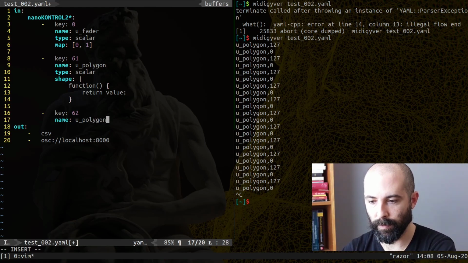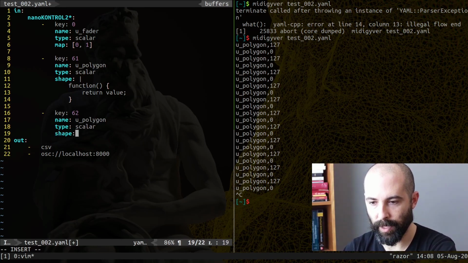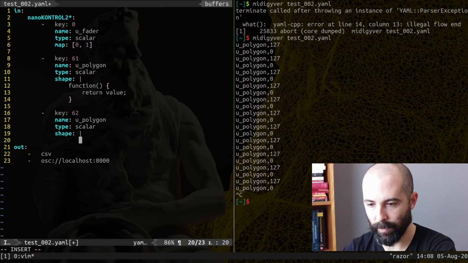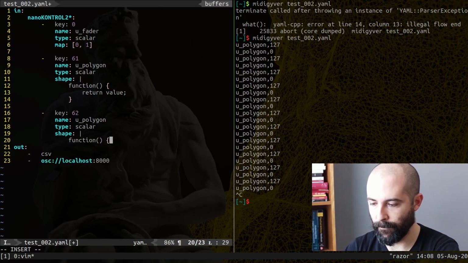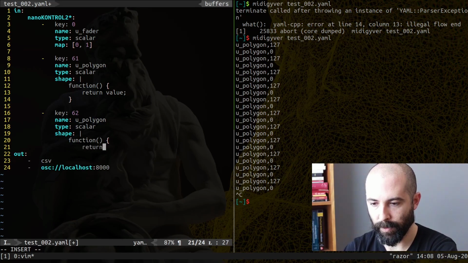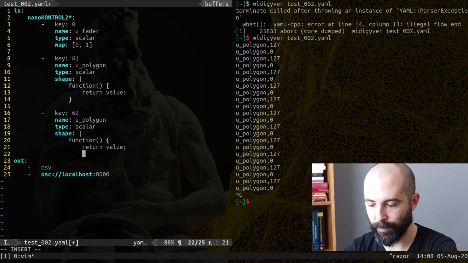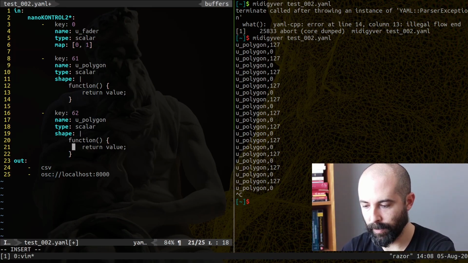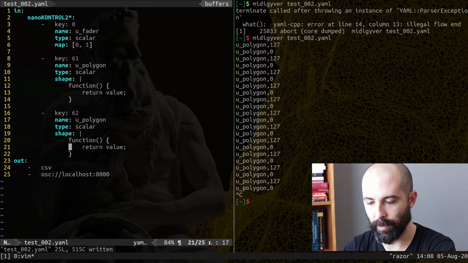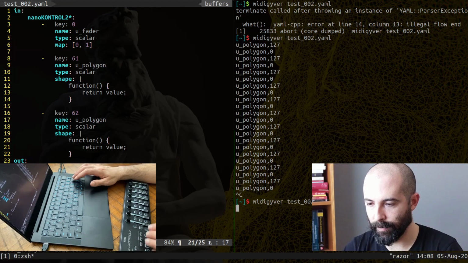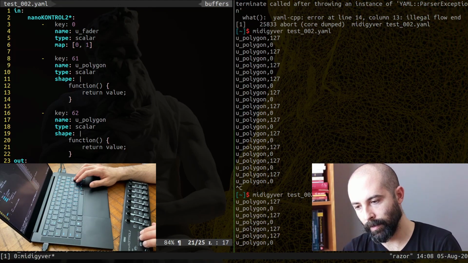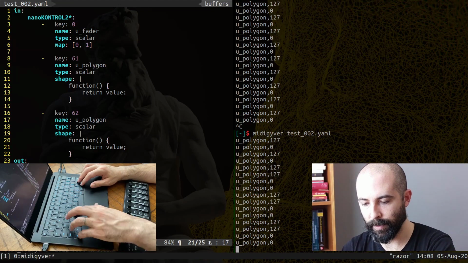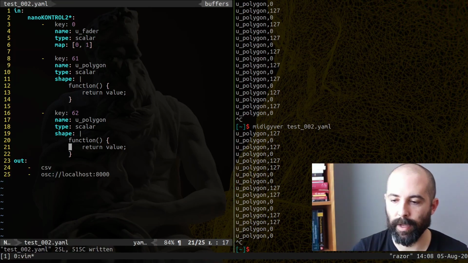So polygon type scalar shape function return value. So far so good. Let's try again. Now both keys are mapped. We'll return to here, and